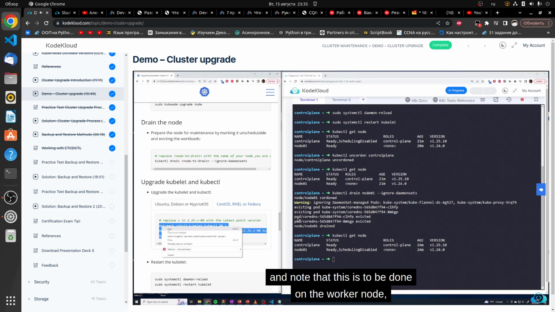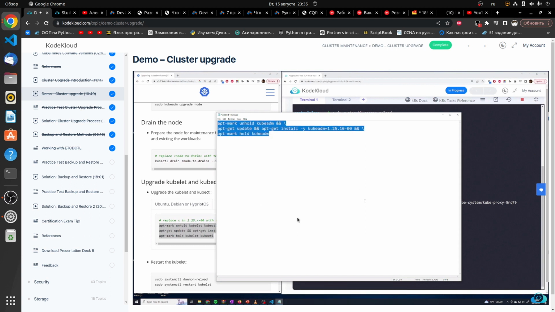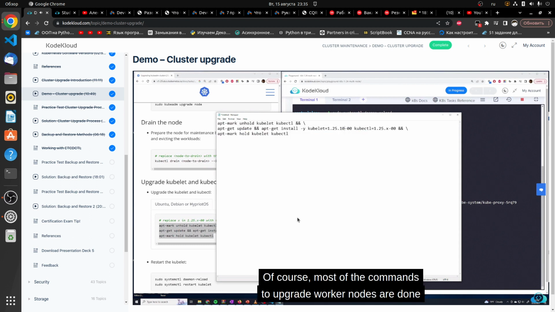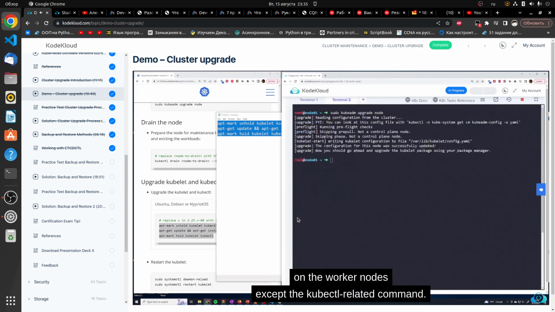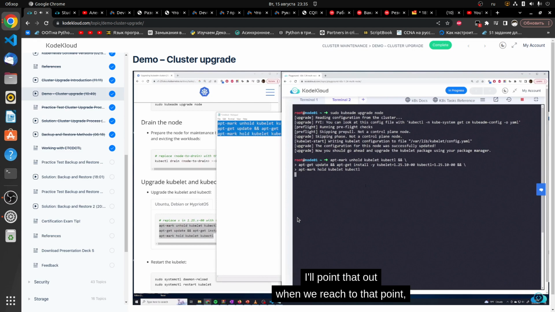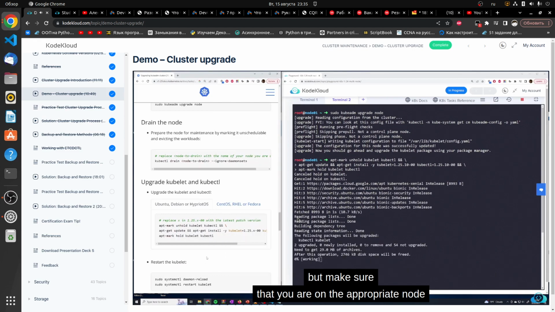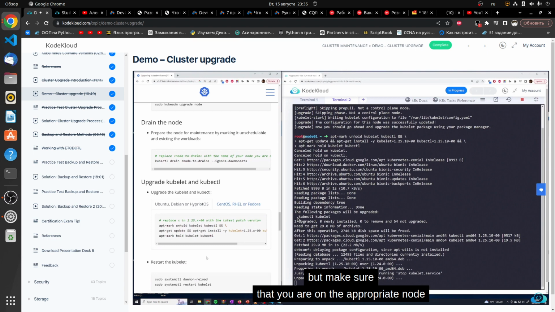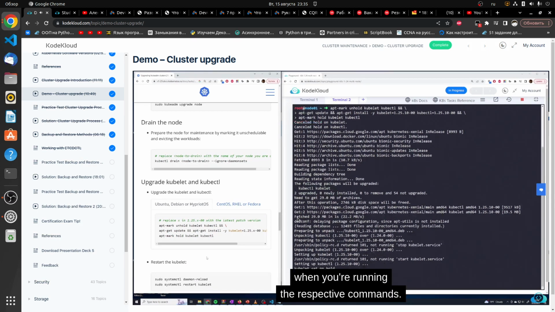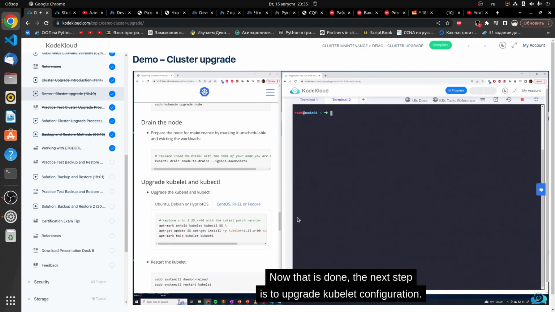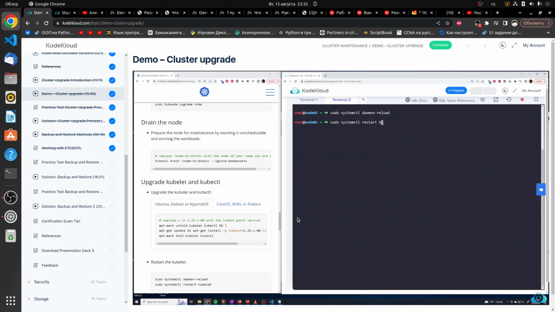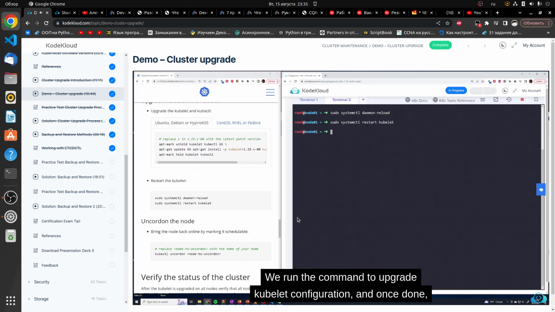And then now we can upgrade the kubelet and kubectl. So I'll copy this, and we'll change this to 10 and 10. So once that's done, we're going to restart the kubelet process. And so now if I do a kubectl get node,